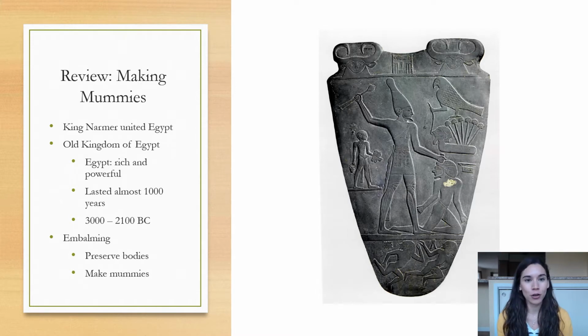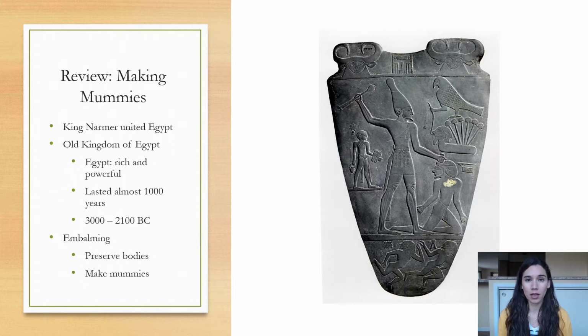So King Narmer united Egypt, like you learned about in the previous video, and he kind of ushered in an age that we call the Old Kingdom of Egypt. During this time, Egypt was very rich and powerful. This period lasted about 1,000 years, from 3000 to 2100 BC. During this time, the Egyptians embalmed and preserved bodies, specifically pharaohs' and higher up officials' bodies, which was a process